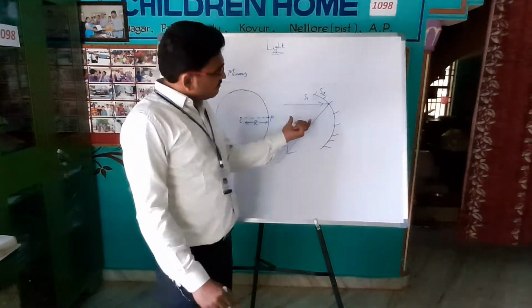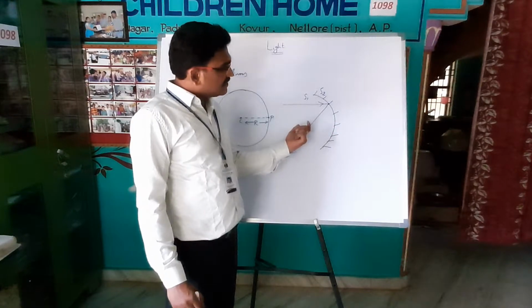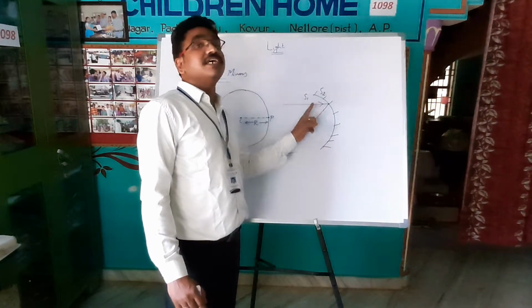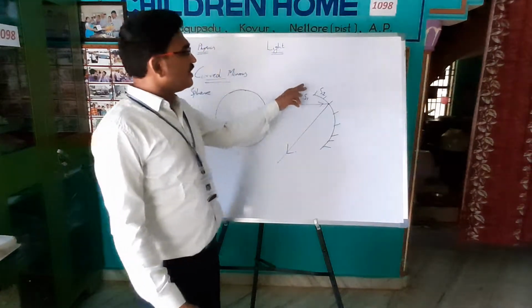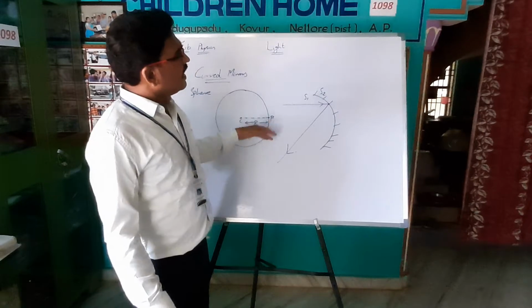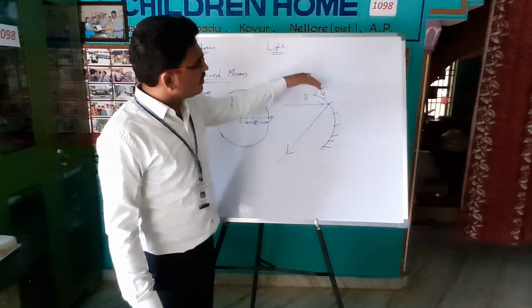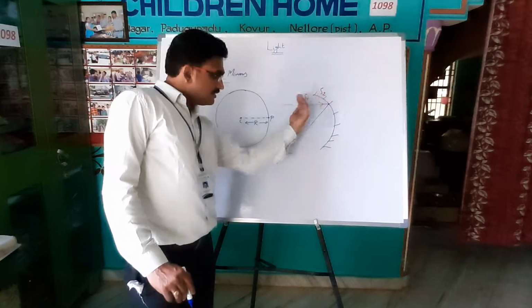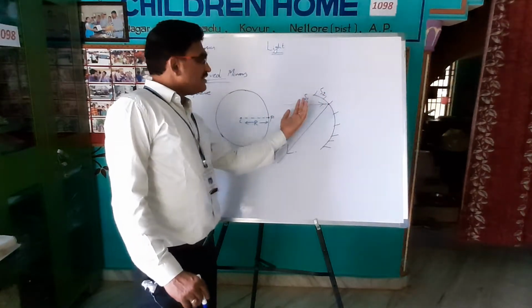It means here the reflecting surface is inside. Reflecting surface is inside the sphere. Of course, I can call this a spherical. Now as it is reflecting and is a glass hollow sphere, on this side we have silvered it. Inside, when the light falls, it is reflecting. Now it is a reflecting surface.